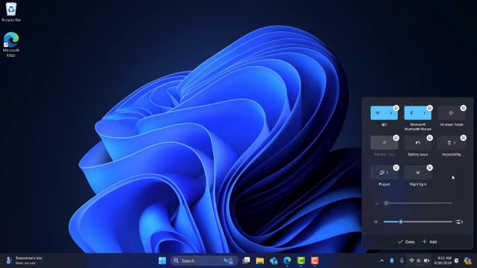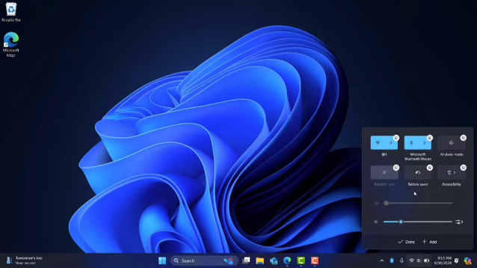So let's say I do not want to project anymore. I can very easily uncheck that. I'll go ahead and unpin this one. Very good. And you know what? I never used my rotation lock. I'm going to go ahead and unpin that as well. Now, if you change your